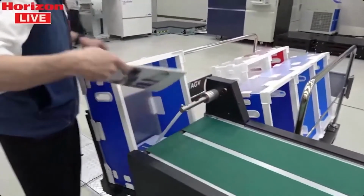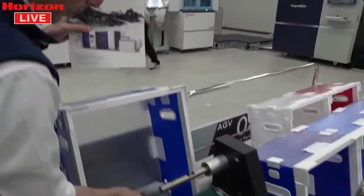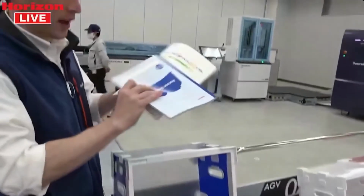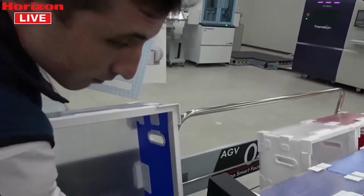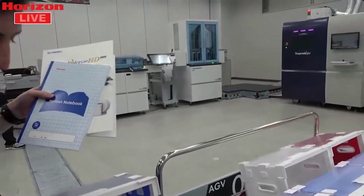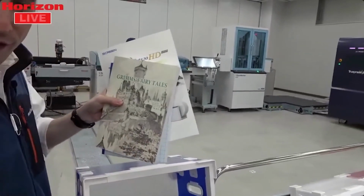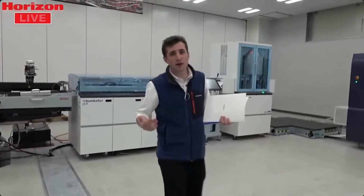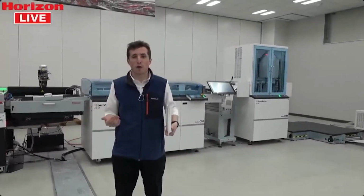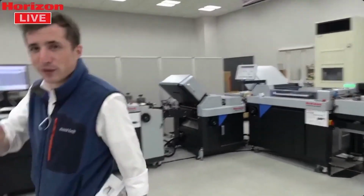So as you can see, we have our finished product coming through. There is that pamphlet, our ruled line notebook. Let's see if I can get this out on time. Our Grimm's Fairy Tale. Just had another pamphlet come through as well. Now we were able to produce all of these variable page count, all these variable format size books with just a single operator. So I think, oh, one more thing I would like to tell you about, which I promised,